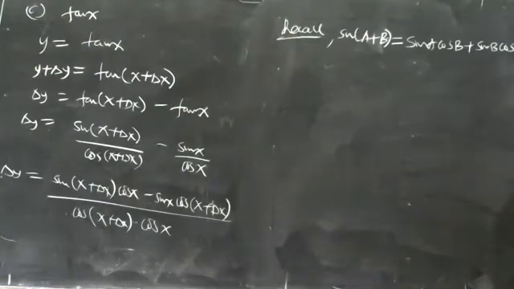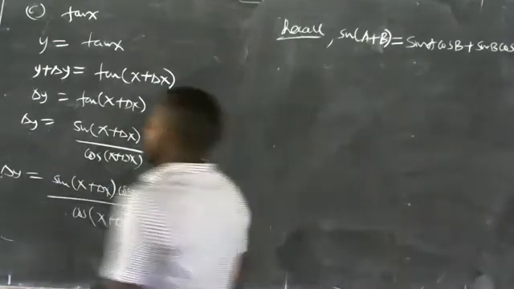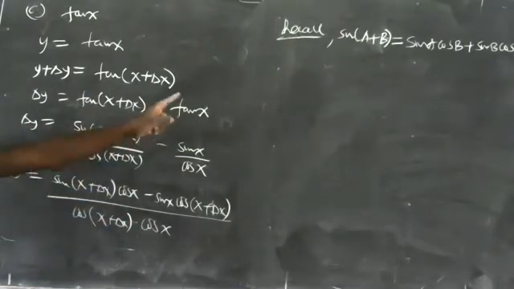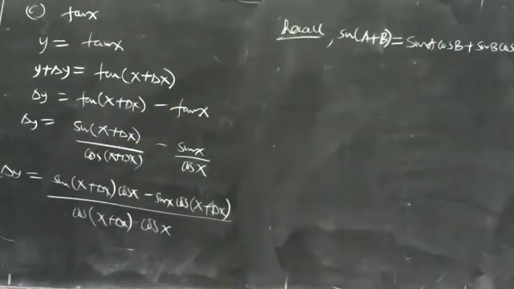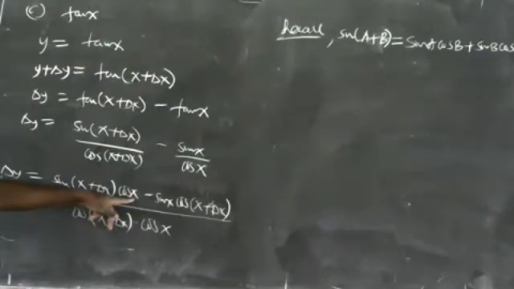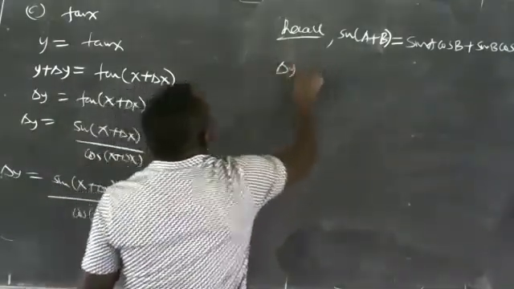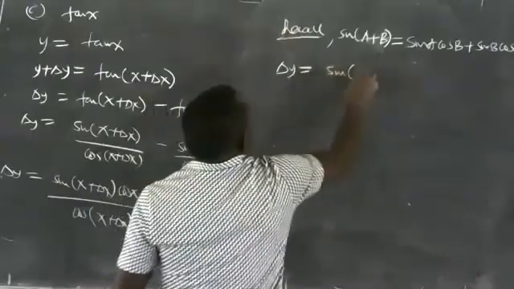Now this is what you get, okay? Look at my numerator here, look at that expansion. How are they related? Here my A is x plus change in x. Are you following? And my B is the x. This now becomes the change in y, equivalent to sine of x plus change in x,